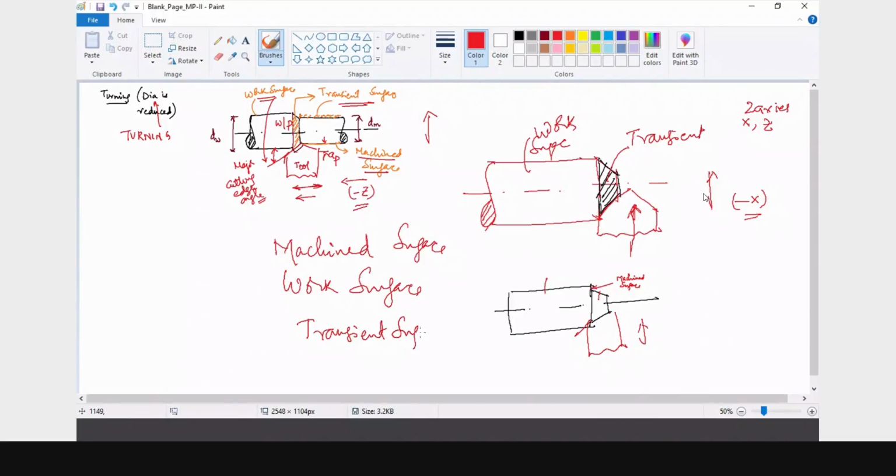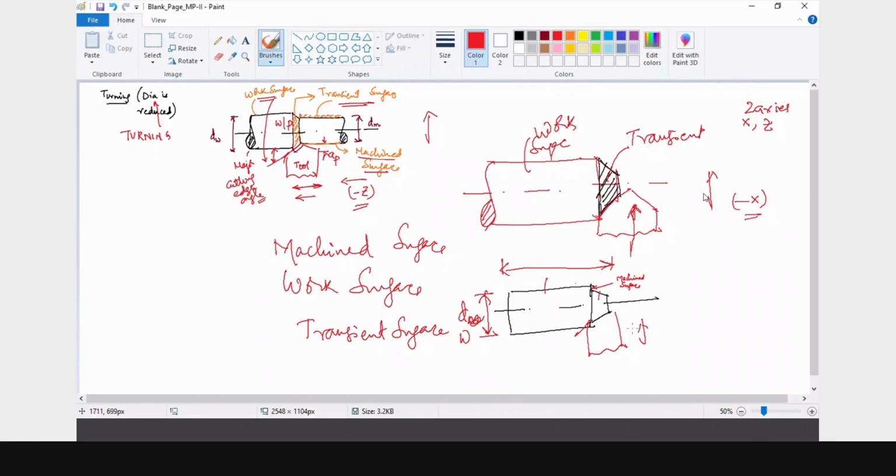Okay, now if you try to see, the diameter is going to be the same, dm. This is the diameter of the workpiece, right? And here what you are trying to do is that this length is being reduced because of this movement.